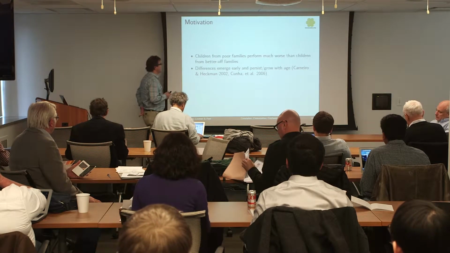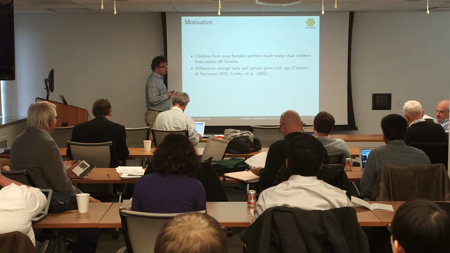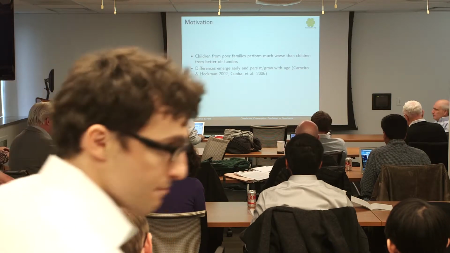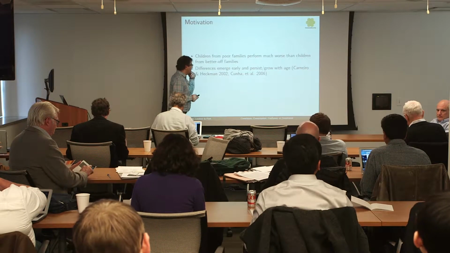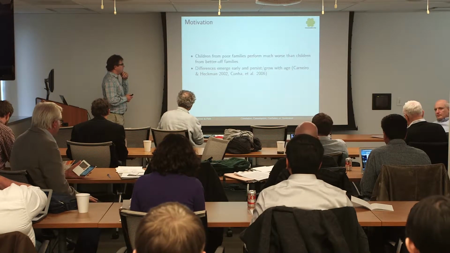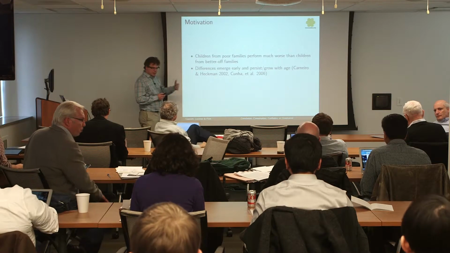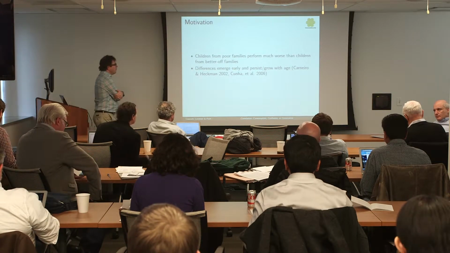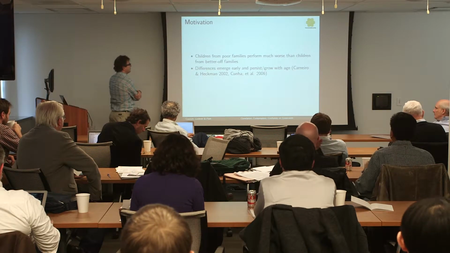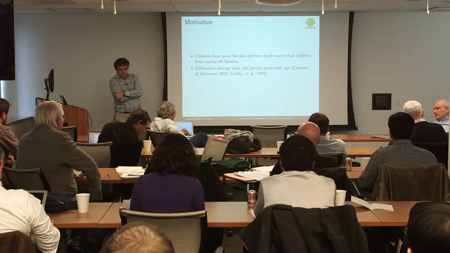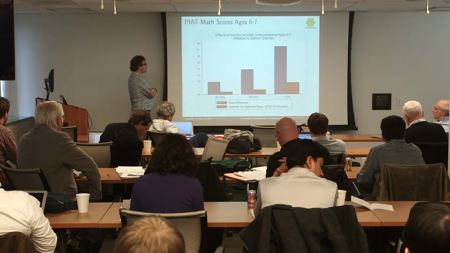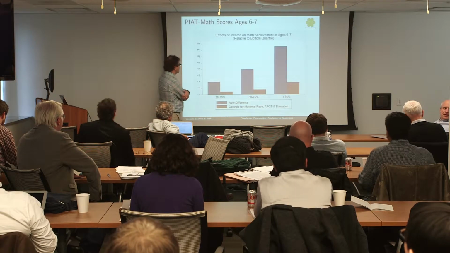there's lots of evidence, and it's very commonly known, that children from poor families do a lot worse than children from better families. I think Cunha and Heckman and lots of subsequent work has shown that these gaps emerge pretty early and either persist or sometimes grow with age. But things start at very early ages. We start to see differences, so we don't have to wait till they're 20 years old to see very different outcomes for children from different family backgrounds.